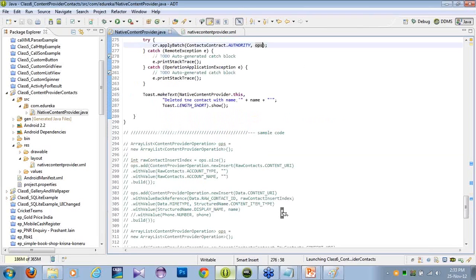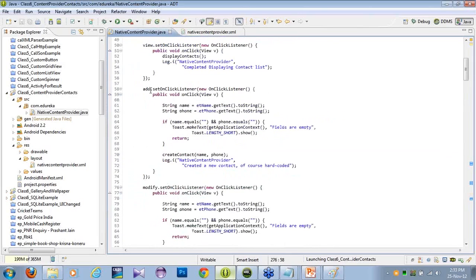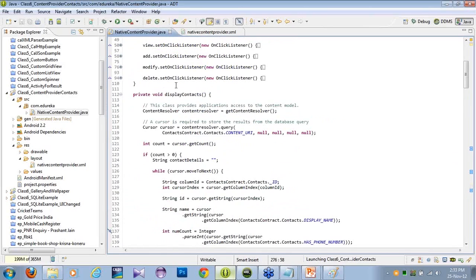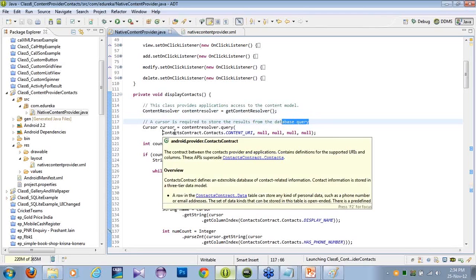Now the more complex one: getting the query from the content provider. So this is the content resolver, the class that provides you access to the content provider. You know that a cursor is required to store the result from the database query that I have written here, and the query is simply this: